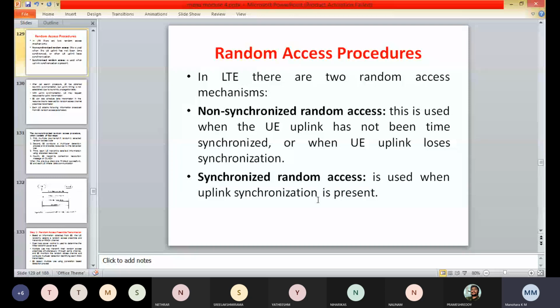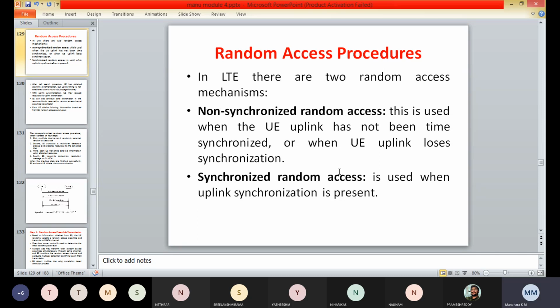Here, after the cell search procedure, the user equipment has obtained the downlink synchronization. However, the uplink timing is not established due to the round trip propagation delay. The non-synchronized access allows the eNode B to estimate the user equipment transmission timing to within a fraction of the cyclic prefix, and inform the user equipment about the timing correction.